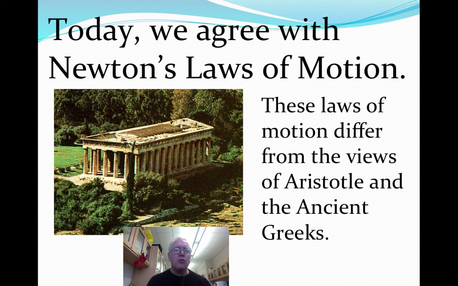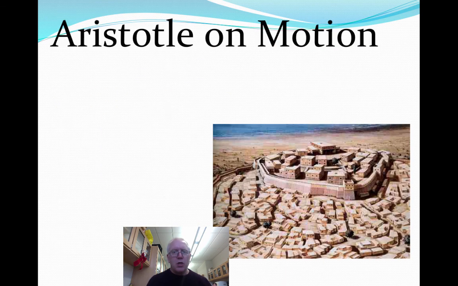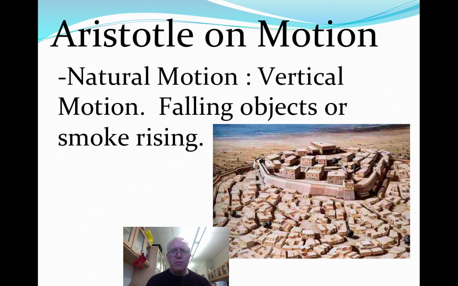Today we look at things a little bit differently than the ancient Greeks did, so it's worth pausing a little bit to talk about it. The ancient Greeks, and Aristotle was chief among them, described things that were moving through the air as being natural motion. And they thought that everything had a natural place in the universe, and they had a hierarchy of earth, wind, fire, and